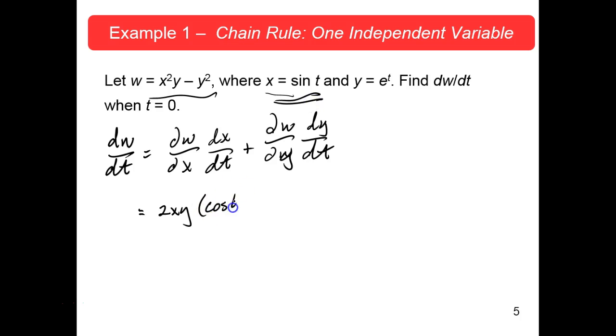Cosine t, plus partial of W with respect to Y, x squared, minus 2y, right, times